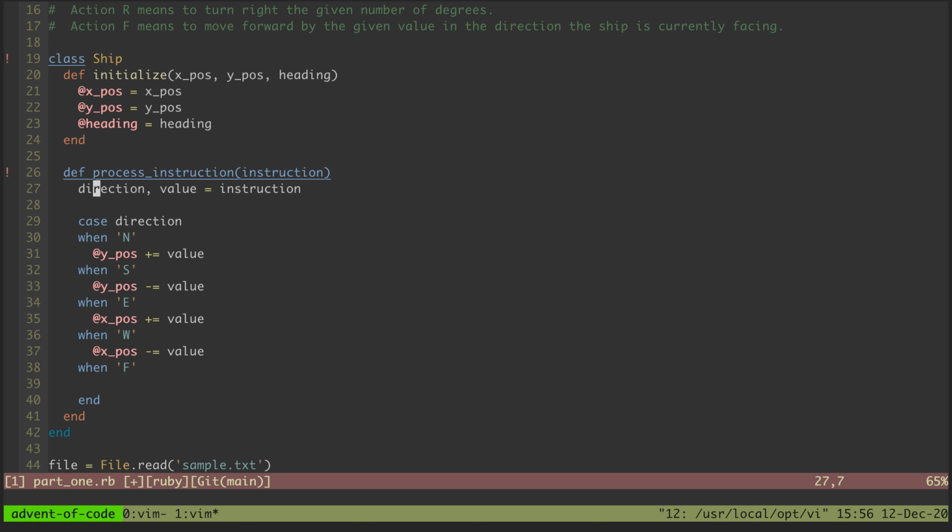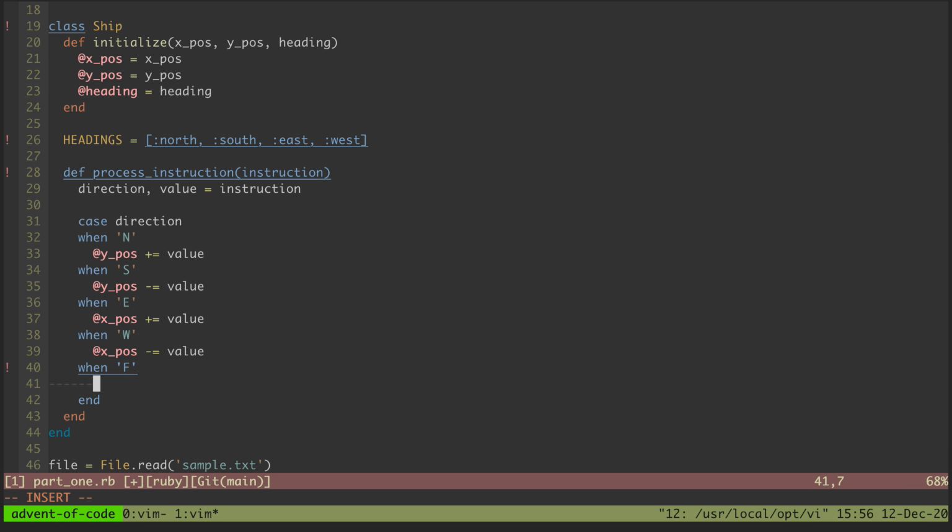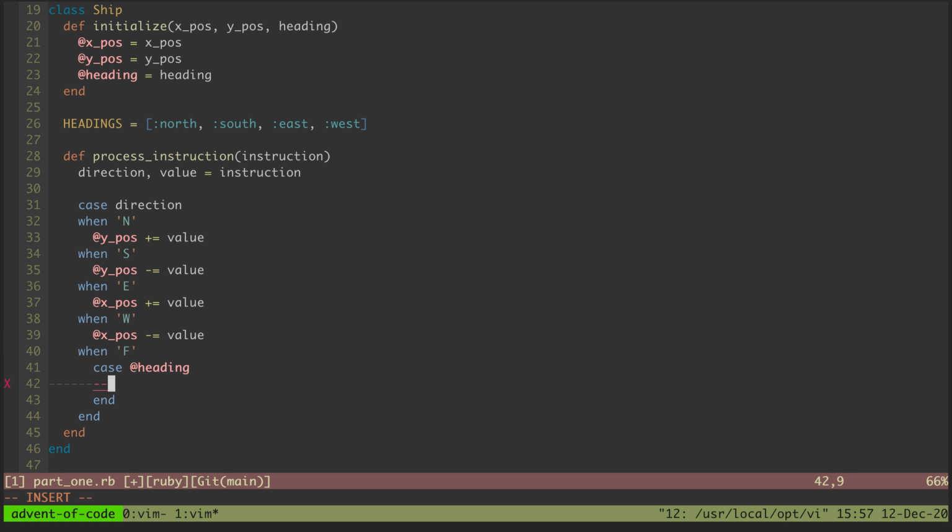So I think the headings that we'll work with are going to be north, south, east, and west. So I guess we can just have another case statement and say case heading. If it's north,